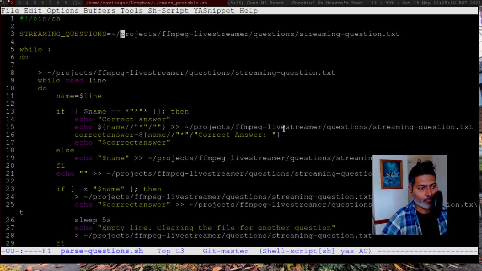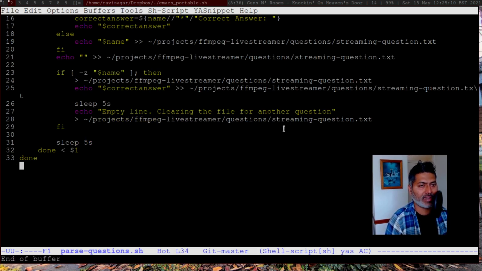So based on that input, the script will pass that particular big file, and it will then write to this particular streaming questions file one by one. And of course, the script will look for the correct answer and keep it in a variable, and at the very end of that first question, it will then display the correct answer, and it will also clear the file for the next